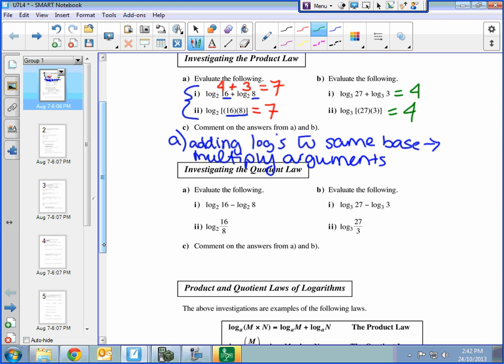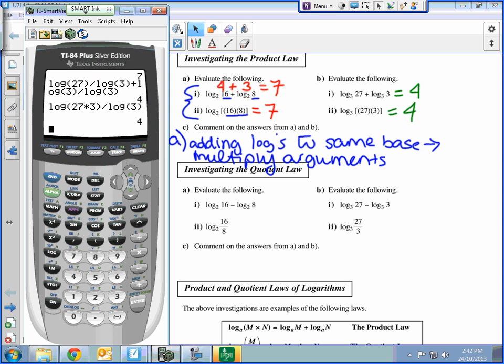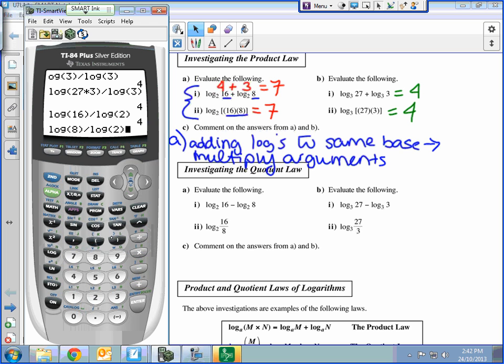Okay, so this is your product law. Let's try the quotient law. See if this makes sense. Okay, log of 16 base 2. So log of 16 divided by log of 2. Enter, so I have 4. Log of 8 base 2. Log of 8 divided by log of 2. Enter, 3. So it'll be 4 minus 3, which is